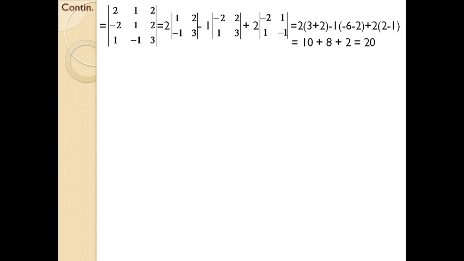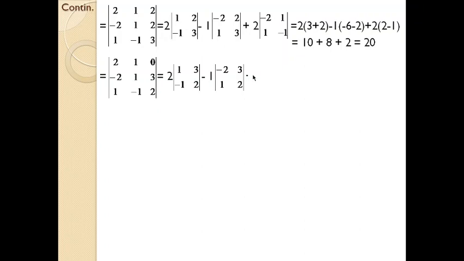Finally, the last determinant is 2, 1, 0, minus 2, 1, 3, 1, minus 1, 2. If you just go through the previous slide, you can see that. By following the basic concept of determinant of the order 3, same case, 2, that is a common number 2. So the remaining numbers are 1, 3, minus 1 and 2, minus, next number is 1, 1 into minus 2, 3, 1, 2, because the corresponding rows and columns are neglected.